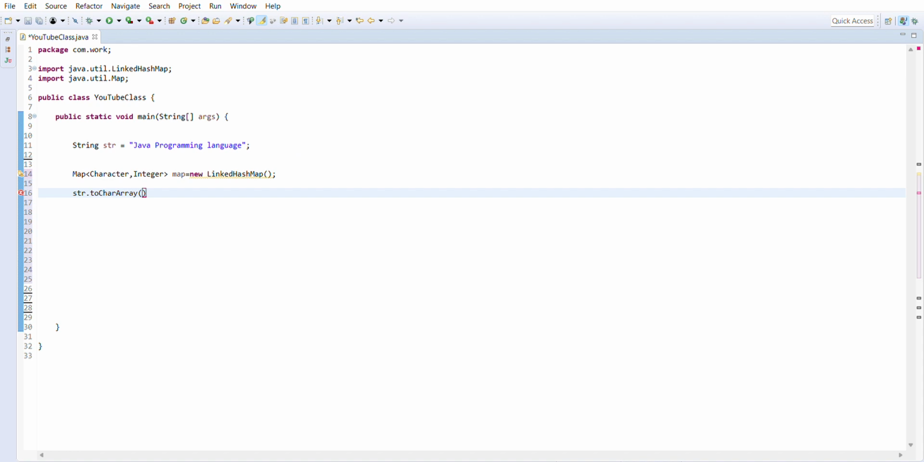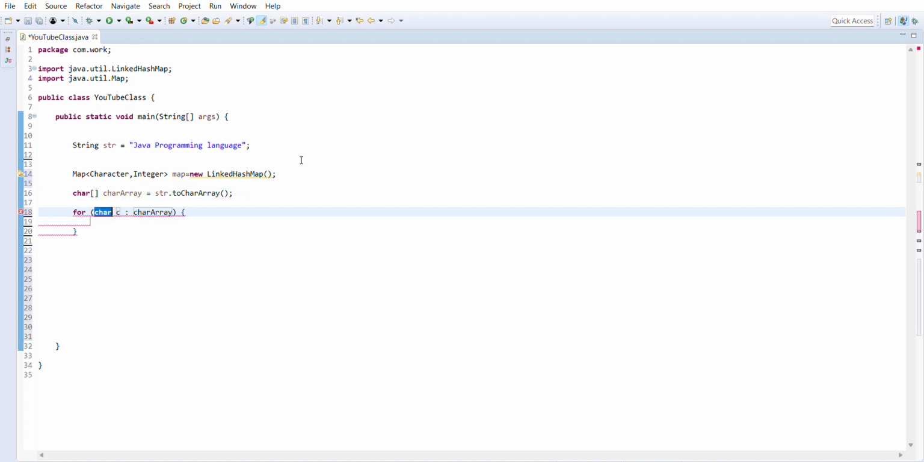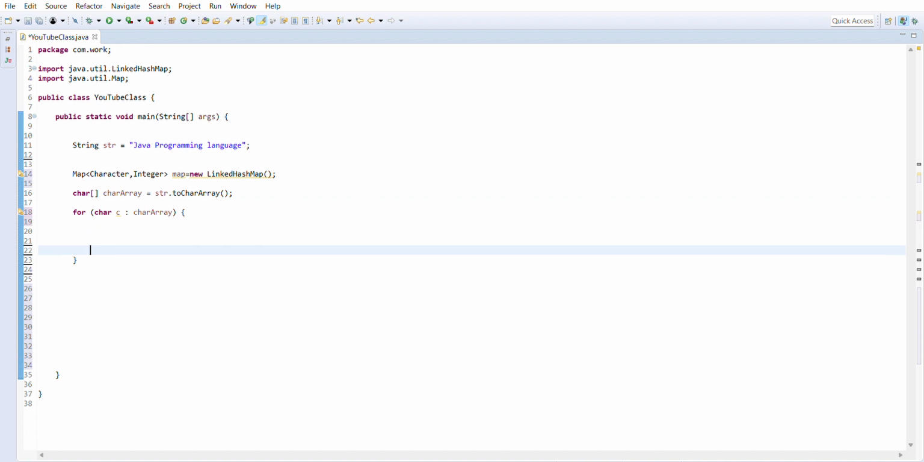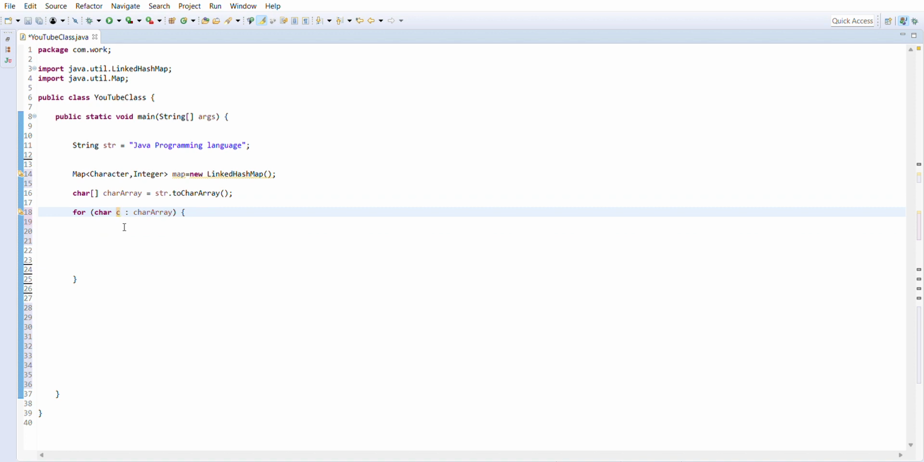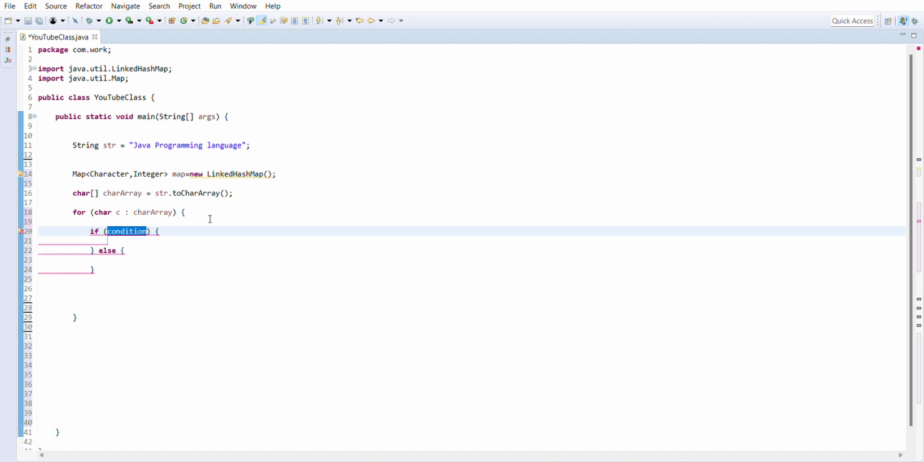Okay, so its type is array of characters. So here it's a character array, then I'm looping with the for each loop. Here I'm naming the variable c. Okay, so I'm setting the condition. I'm going with the if else condition. If